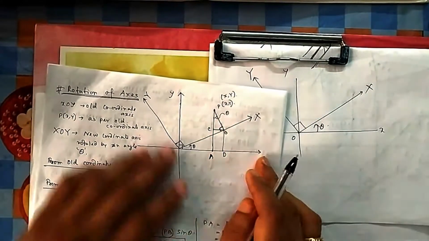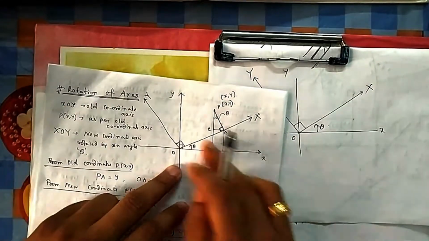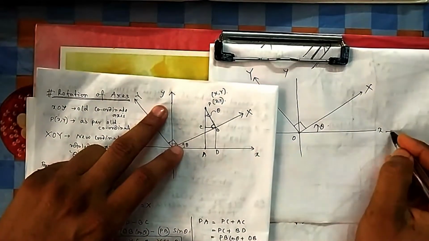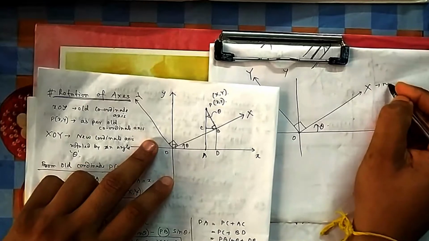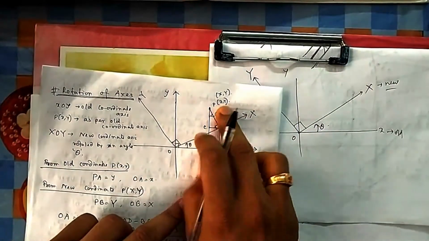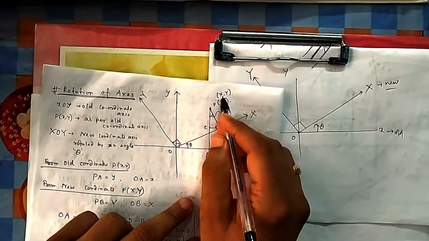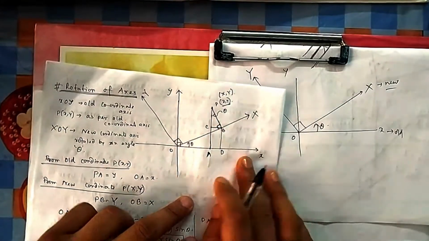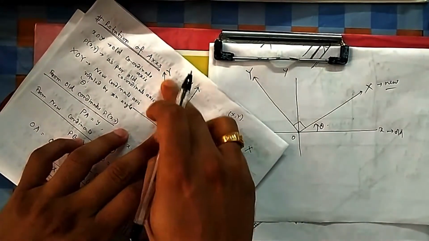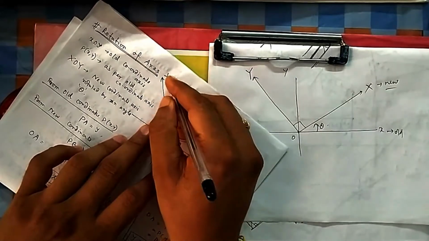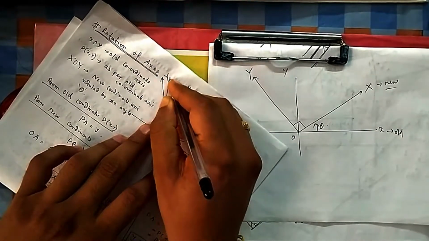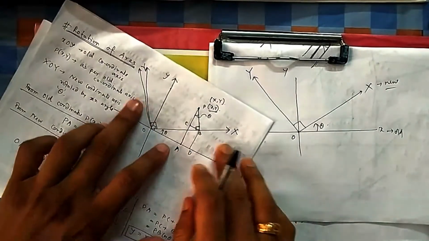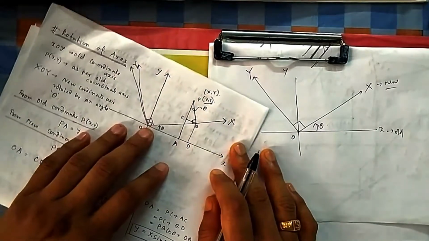So in the previous or the old coordinate, we will say old coordinate, this new we will say new coordinate. In the old coordinate system, the coordinate was small x y. In the new coordinate system, it will be capital X Y. In the new coordinate system, it will look like this. It is not proper 90, you can make it 90. It should be something of this fashion. So to make it proper 90, okay, whatever, you just fill it.